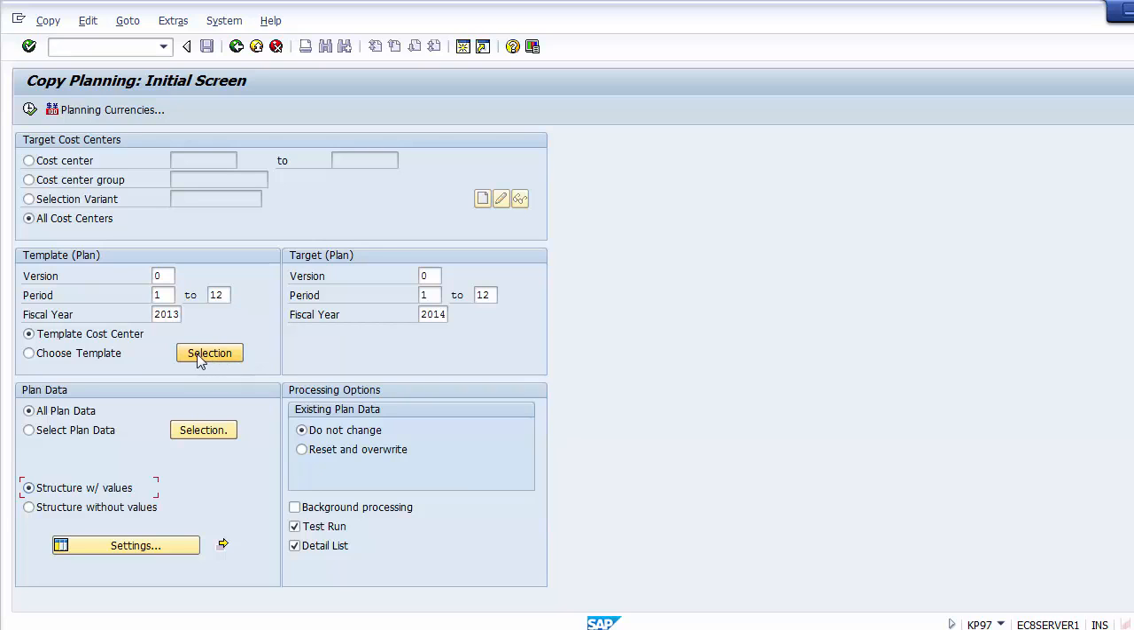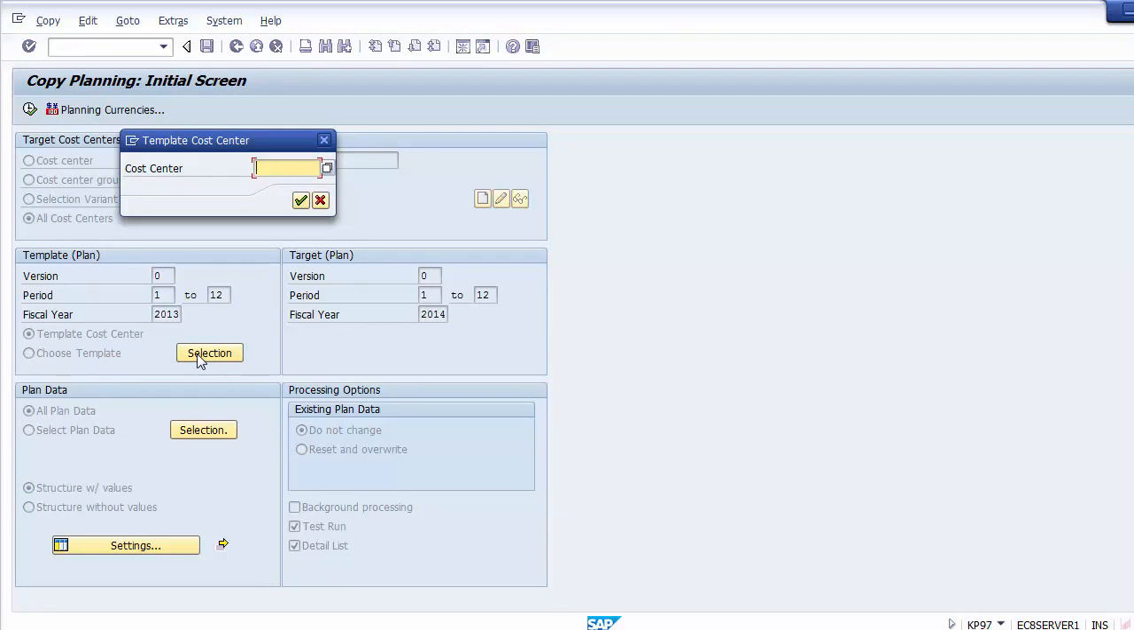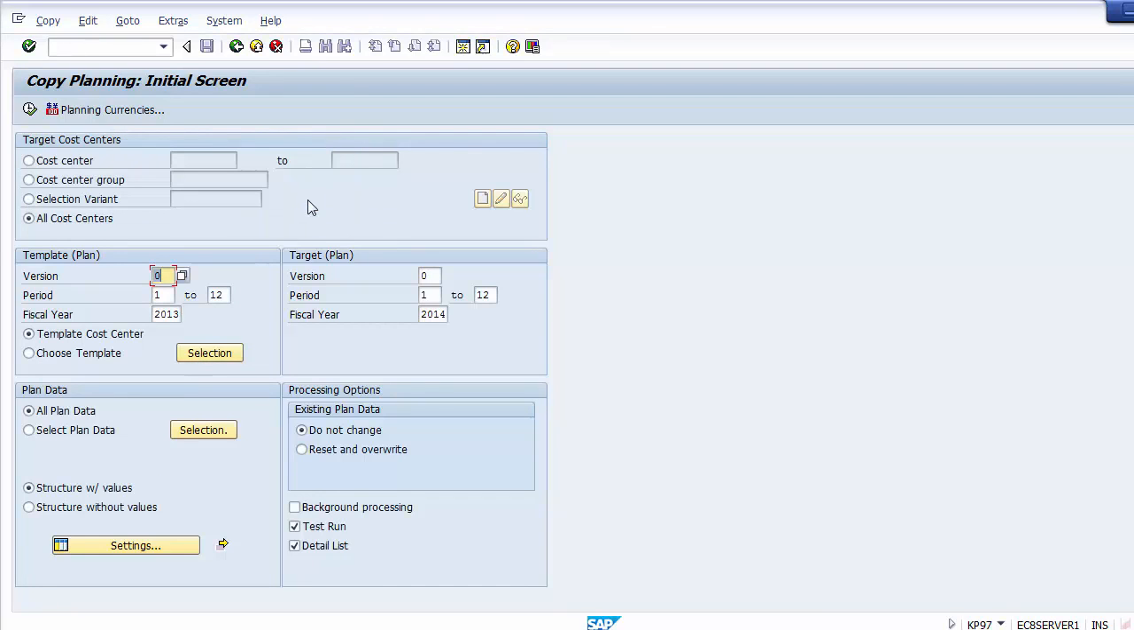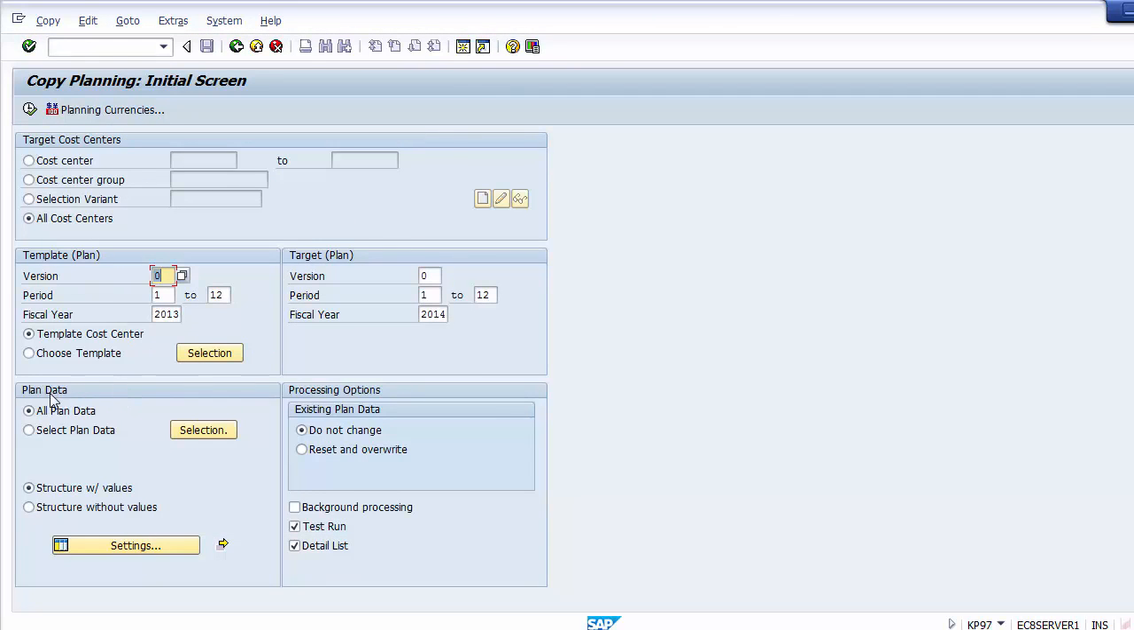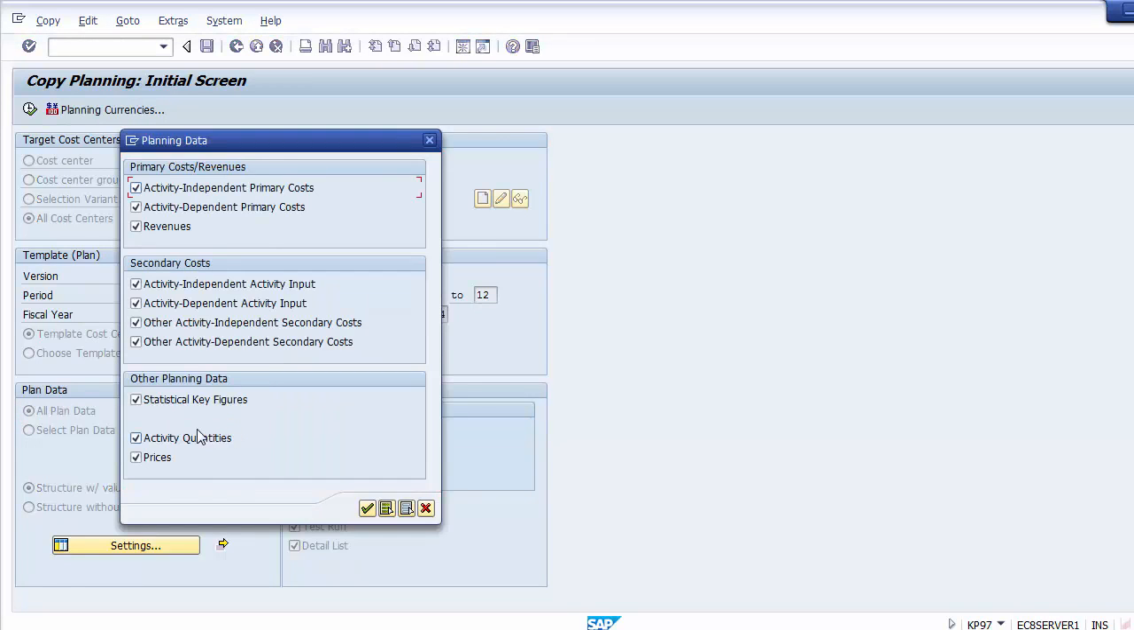So once you click onto the selections, now it asks you the cost center. Okay, no problem. We can move to the next selection part. So this is it. So you need to go to the plan data selection option over here for all plan data, the selections option over here on the screen, and click onto the selection over here, and you will find